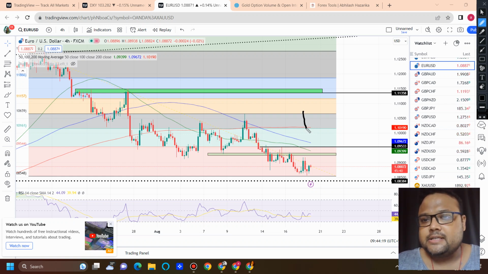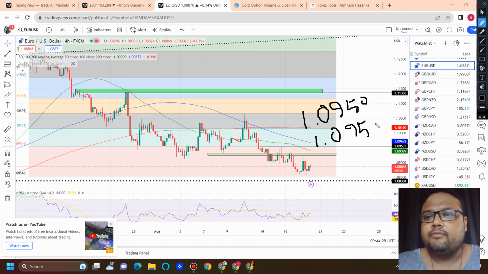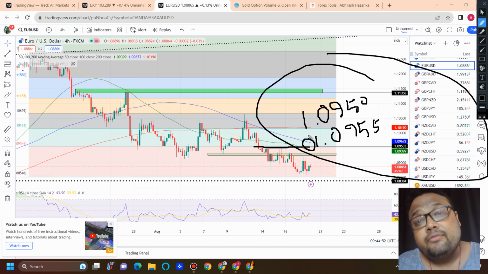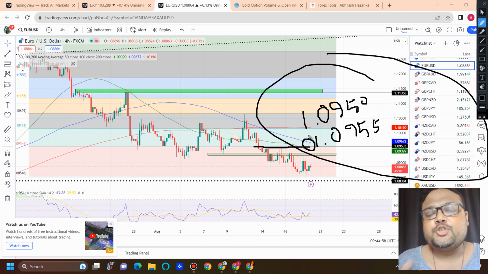The first level is around 1.0950 to 1.0955. So if the upside on Euro USD continues, and we have drawn our Fibonacci here, you can see around 1.0950 we have Fibo 23.6% retracement level. Along with Fibo, you can also see that more or less we have the 100 moving average working as dynamic resistance. In addition to that, 1.0950 is a round number. So if we combine all the three factors here,